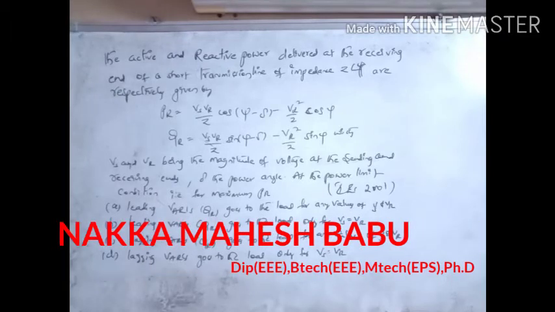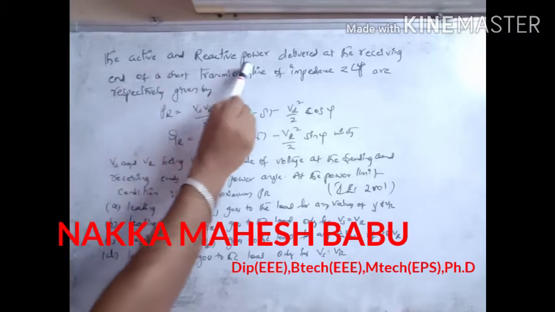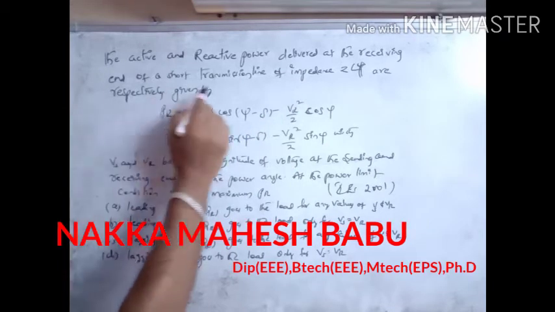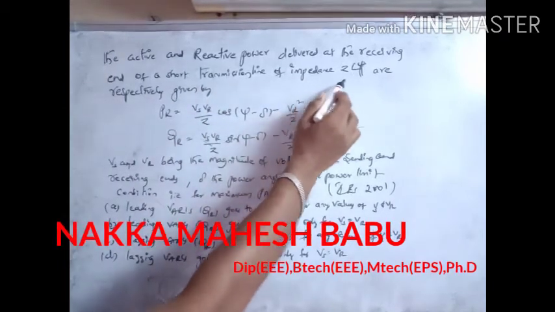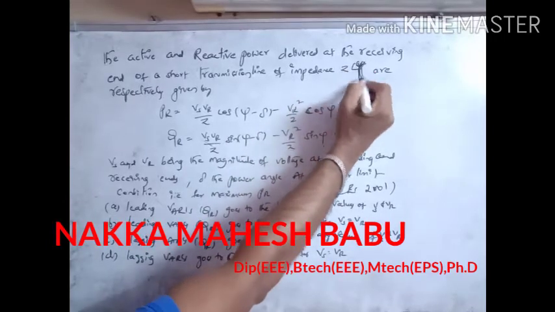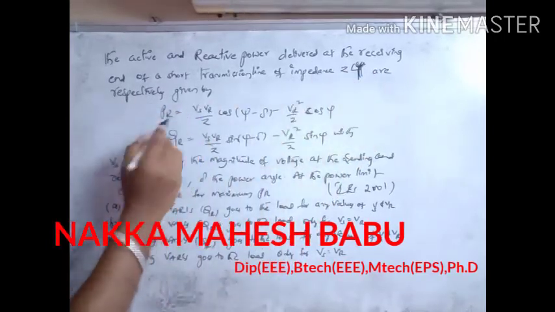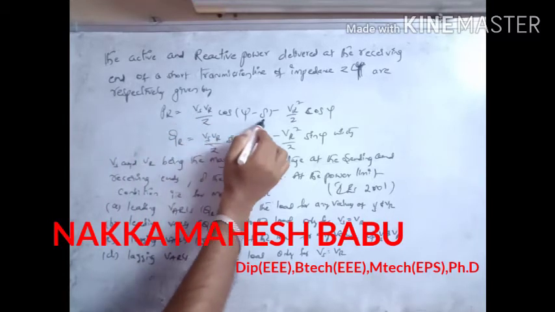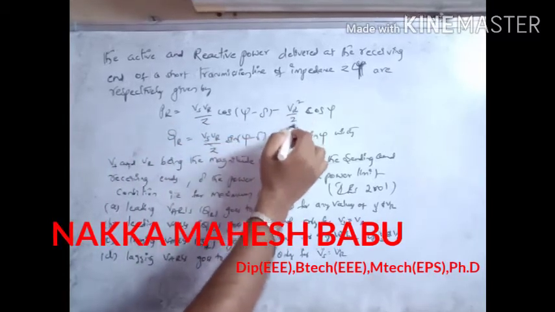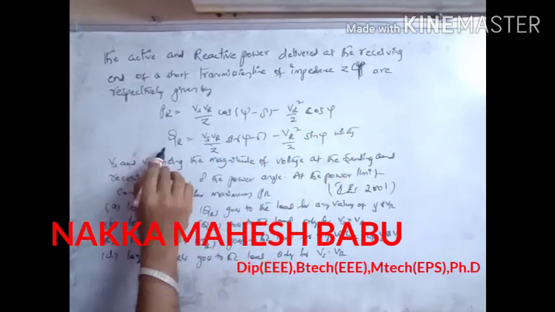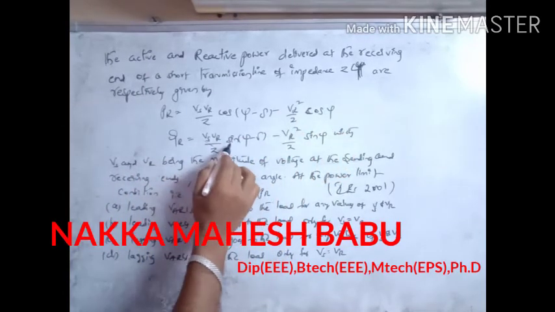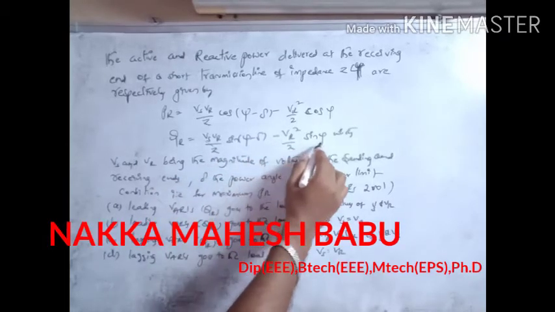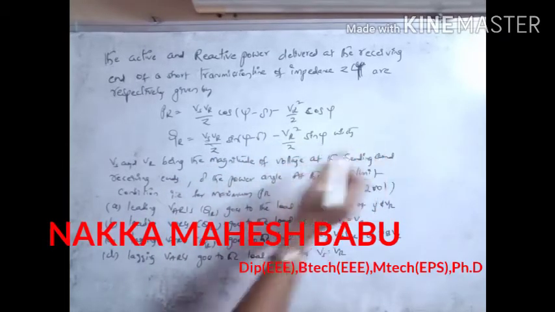And the next problem: the active and reactive power delivered at the receiving end of a short transmission line of impedance Z at an angle psi are respectively given by PR equals Vs Vr by Z cos(psi minus delta) minus Vr square by Z cos psi, QR equals Vs Vr by Z sin(psi minus delta) minus Vr square by Z sin psi,